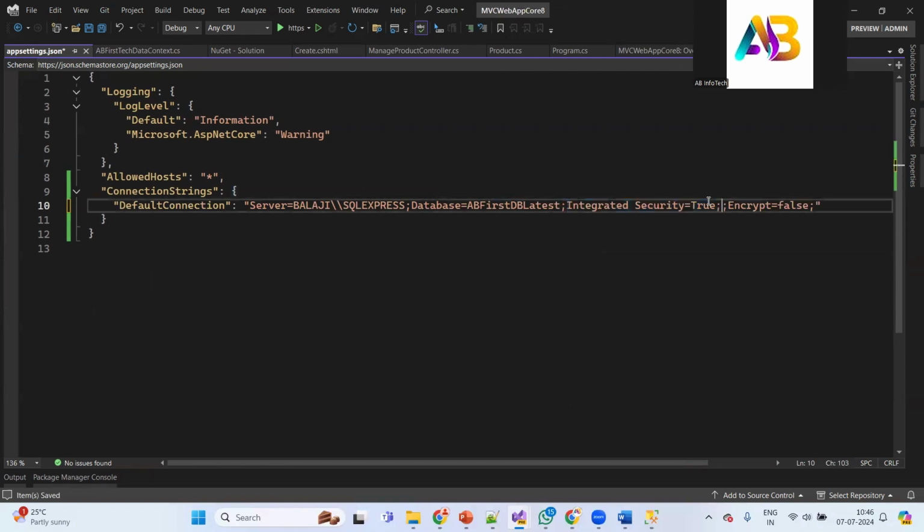Why this integrated security true? Because we are going with Windows authentication. That's why we'll give this integrated security equals to true and encrypt false. So false by default. Why? Because this will allow the connections on development machine, whereas the local server